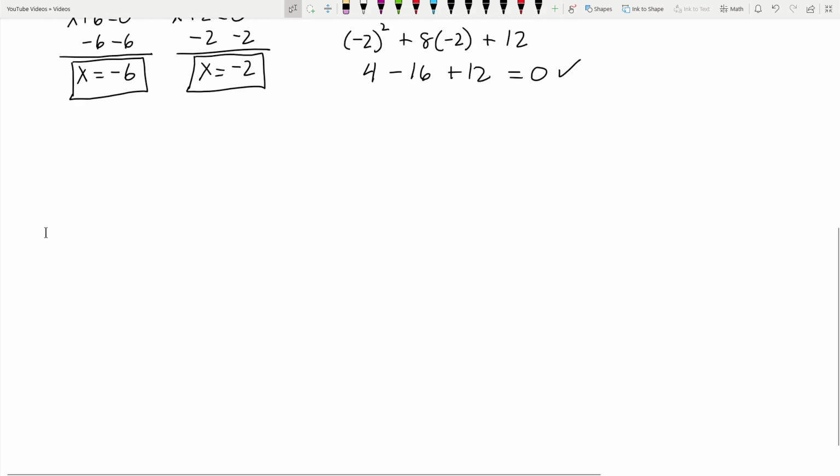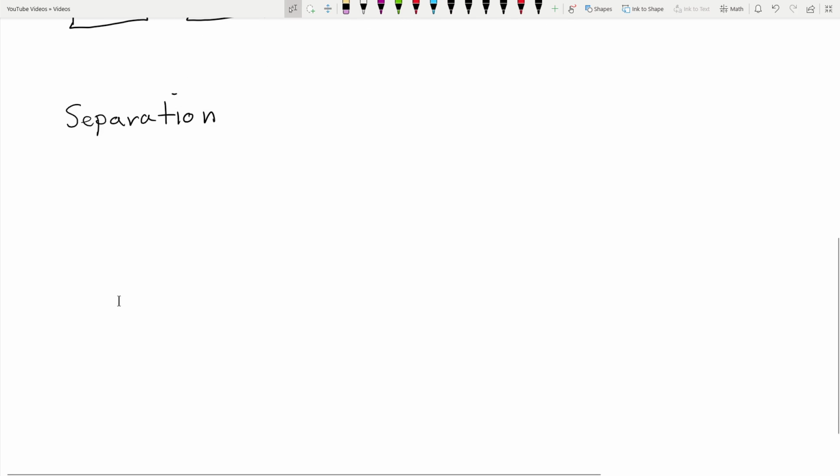Okay. So the second technique, what I'm calling separation, involves, you would normally use this if you had a quadratic that was already in vertex form, okay? But it doesn't have to already be in that form. So for separation, right, standard form, what I showed up above, is not the only way that you can see a quadratic. I could, let's say for example,